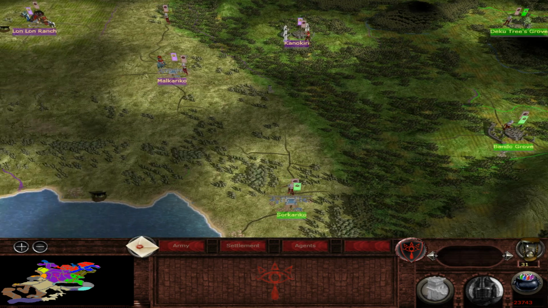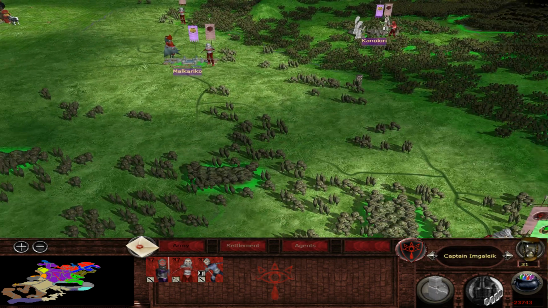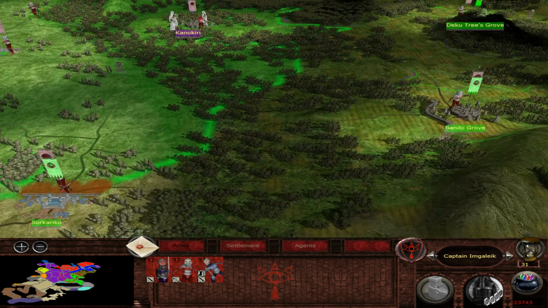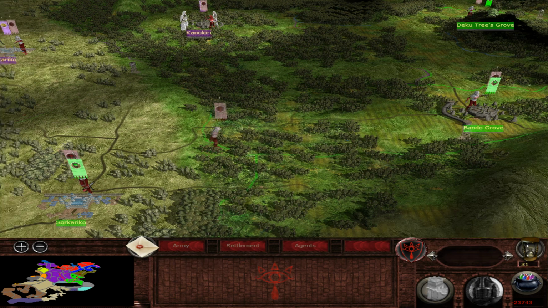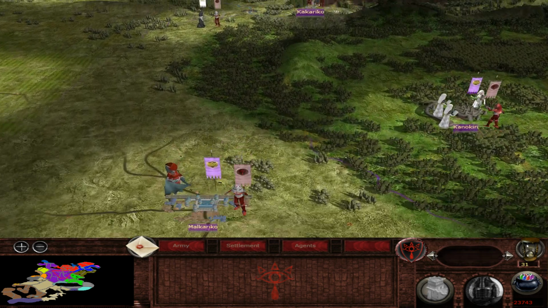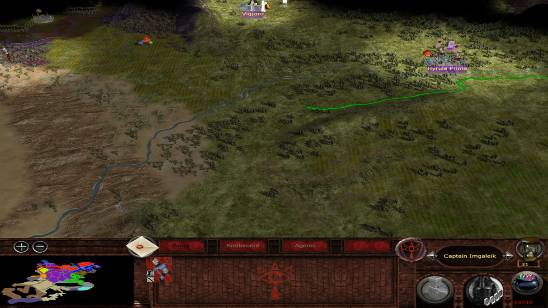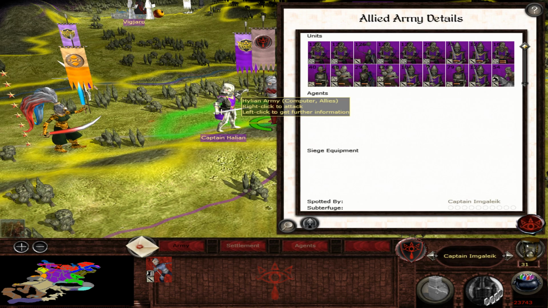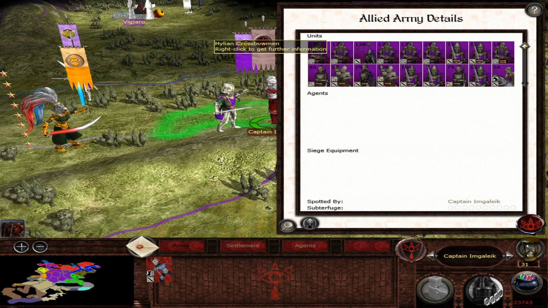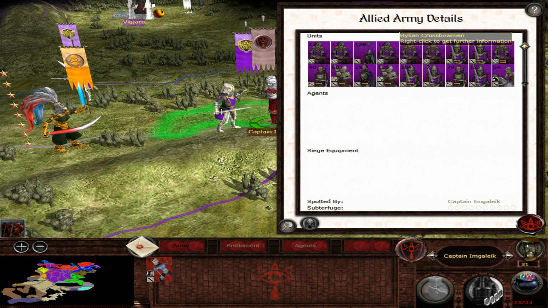Okay, can't do anything more here. We have a unit here that we can move. Let's move her into the forest. This one can move towards the Gerudo Desert. We have a Hylian army, strong army. They have Hylian crossbowmen, flail knights, Hylian infantry,